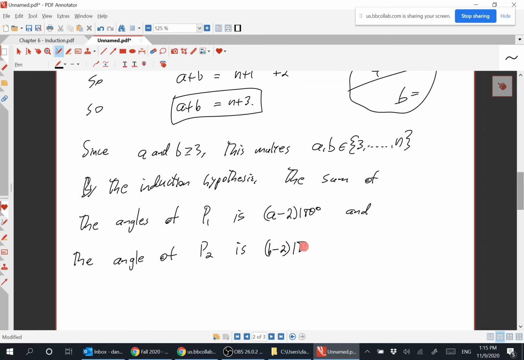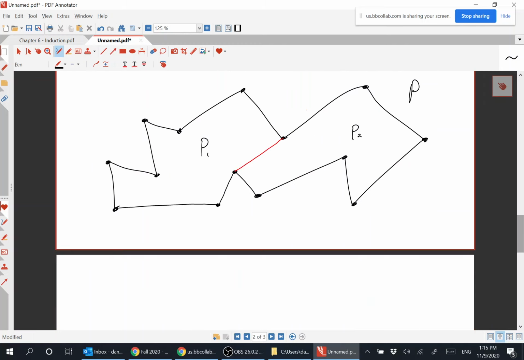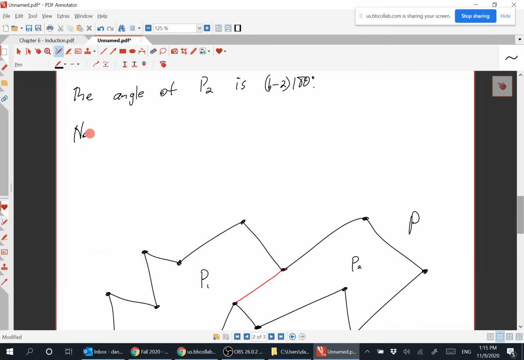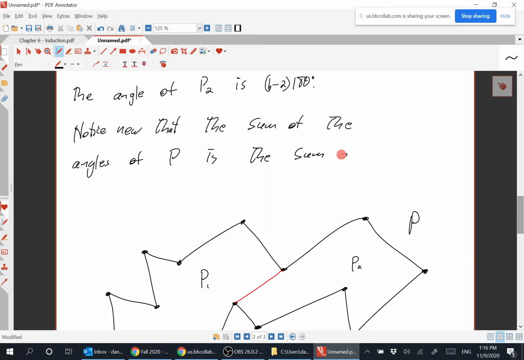B minus 2 times 180 degrees. Now, notice that the sum of the angles of P is the sum of, well, let me do it this way. Notice now that